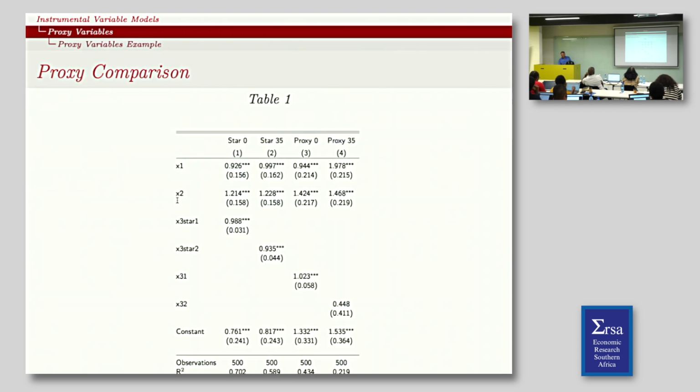This is kind of hard to see, but here is an estimator where I ignore the proxies. Here's the estimator where I include the proxies, and I've got slightly different versions of the inclusion. And what you see is, we don't really care that much about the constants. What we care about is